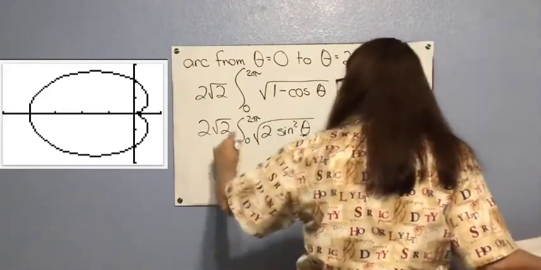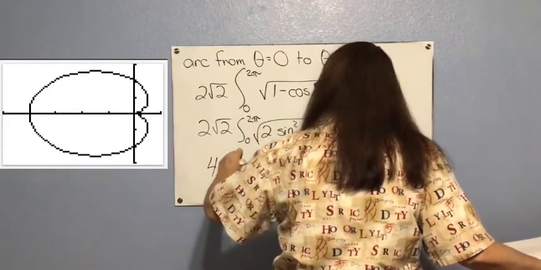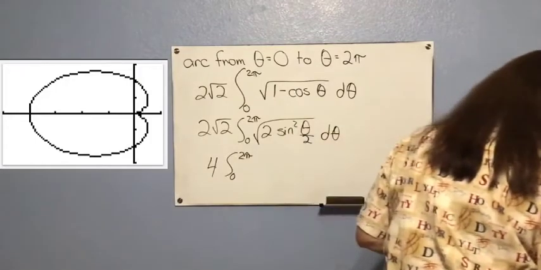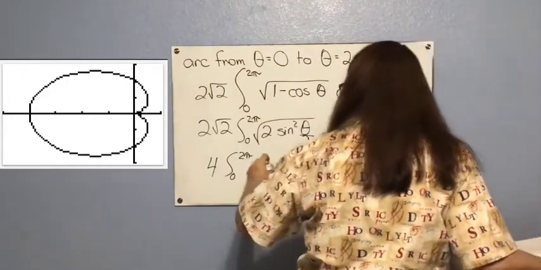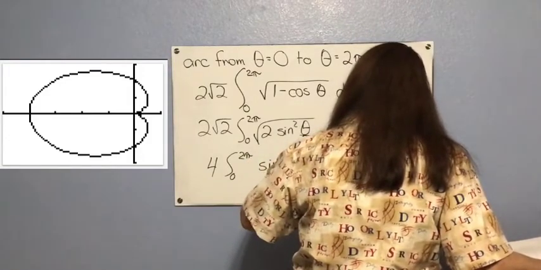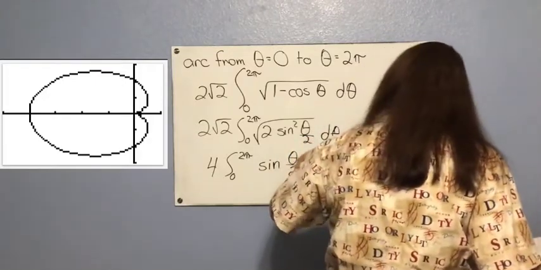Bringing the square root of 2 out, that gives me 4 here now. And then the square root of sine squared is just sine of theta over 2 d theta,